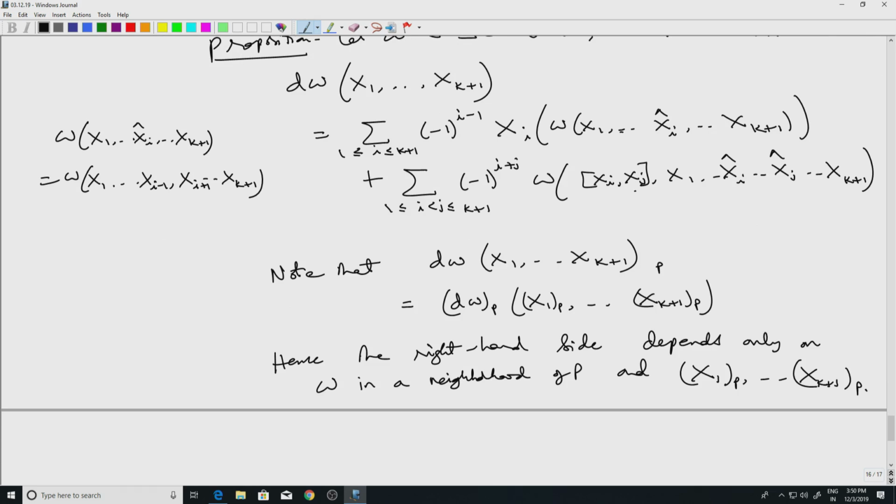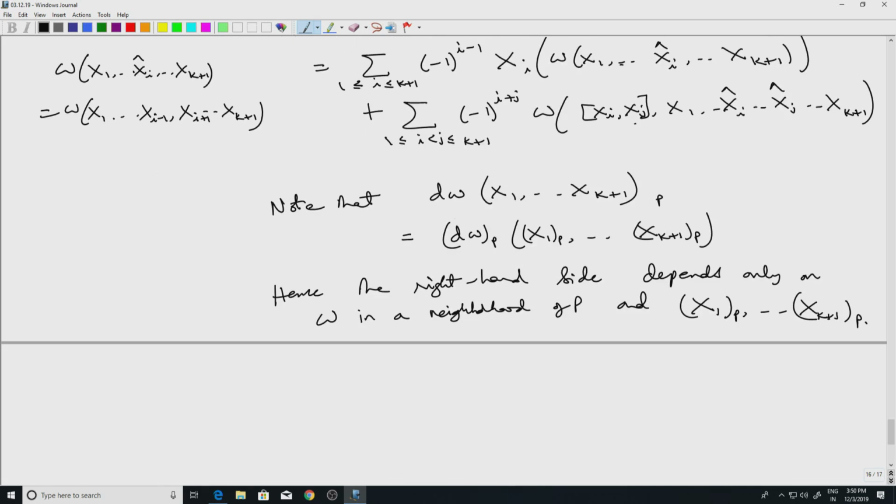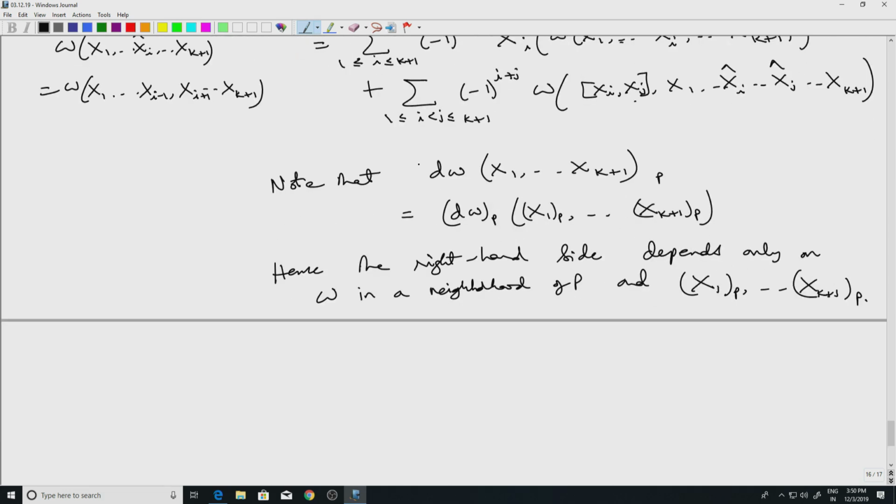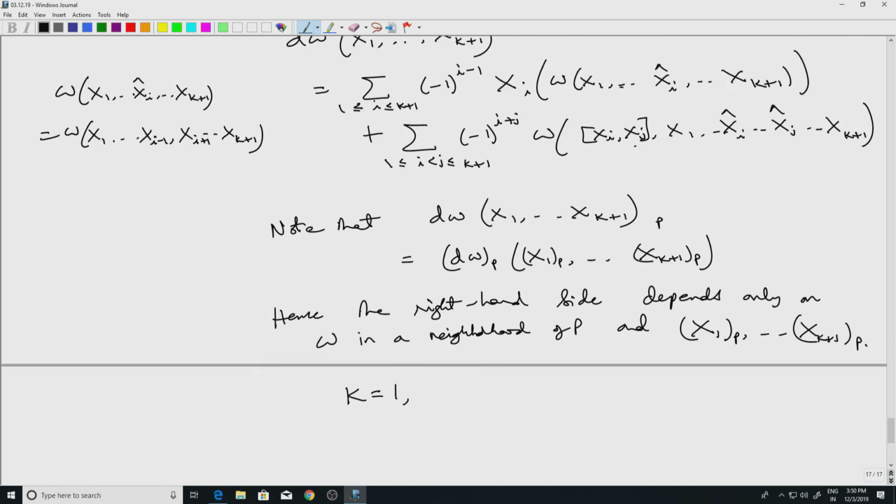I'll give an example where this can be used, but oftentimes it's more difficult. It's easier to work with local coordinates. So the case k equal to 1 is something that I had mentioned earlier. In that case, d omega acting on x1, x2 would be, well, in the first term I would have to start with i equals 1. So x1 omega x2 minus x2 omega x1,